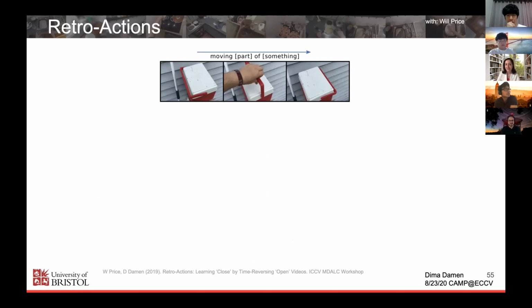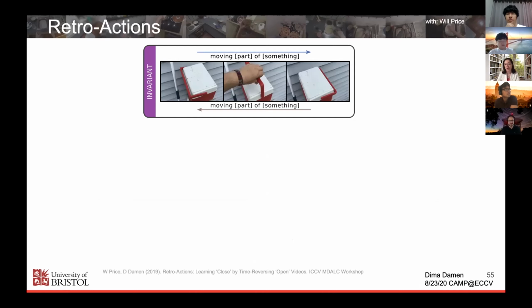There are actions that when you reverse, they don't change label. They are additional, valid data augmentation examples. And in this work, we also ran a user study by giving people reverse time and forward time and showing that people prefer them with equal chance as examples of the class.